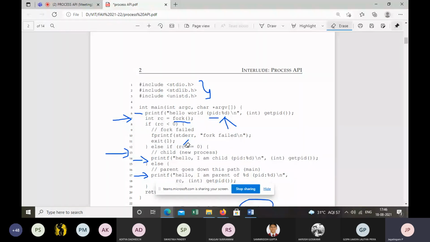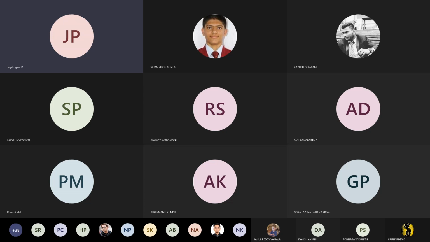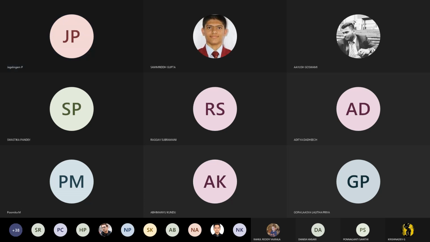Standard error is a file pointer. First try to complete this execution, then we'll discuss fprintf. This will be for your next assessment, the second assessment.